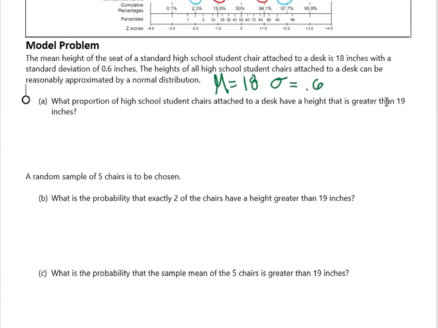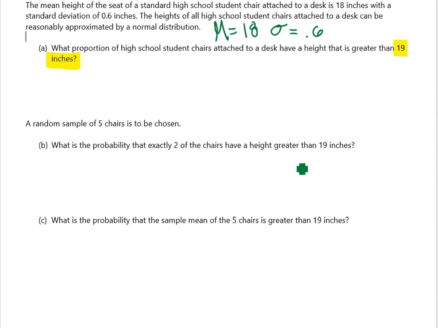Okay, so if we're looking, this is the number we're going to use to z-score. So when we do our z-score here, we're going to have z equals 19 minus our mean, which is 18, divided by 0.6, which is 1.67. So when I get a z-score, what I'm going to do is I'm going to go to my normal curve,